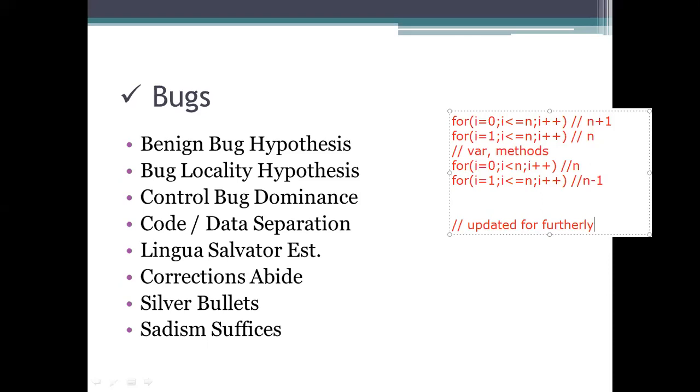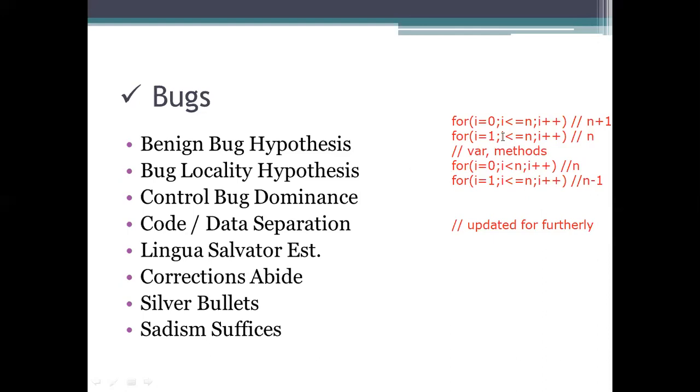And the other one here is the control bug dominance. Control bug dominance means control statements, like if, switch, and so on. We are not taking the loop one, we are taking the multi-way or two-way branching here. So if, or if else, or the else if ladder, the switch cases we are taking. The placement of this one will be affected here. Control bug dominance means what is the element you are using. See here, this is the element we are using for the control statement, that is i and n.